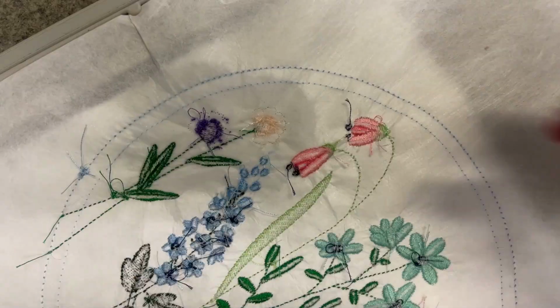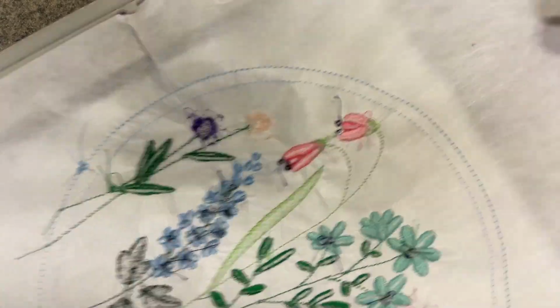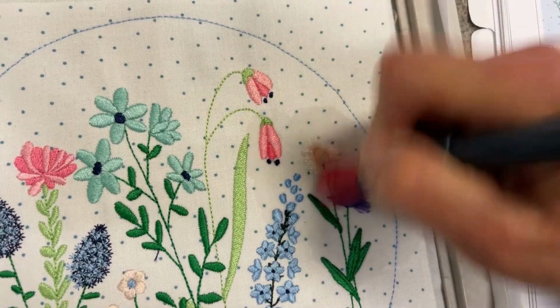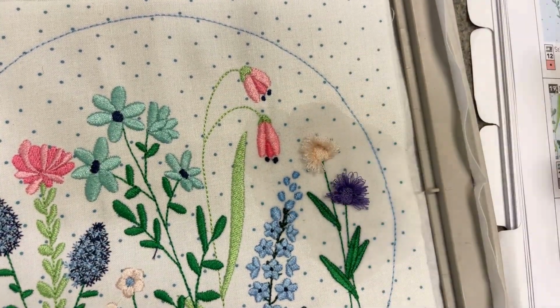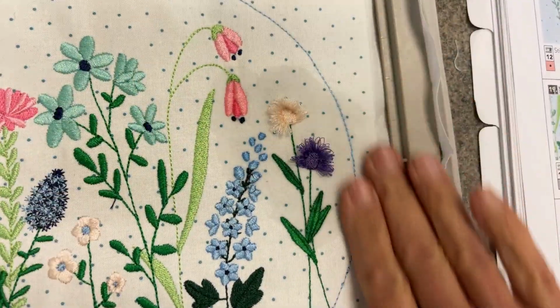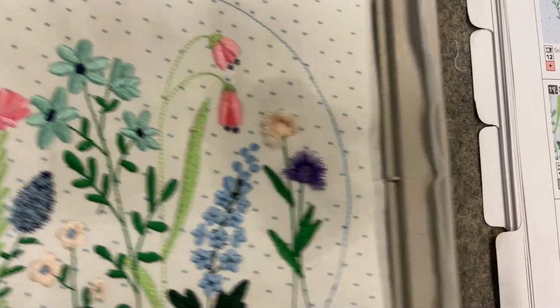Let's see what the back looks like. Oh, that's coming out pretty good. And just fluff. All right, so we got our fluffy flowers here. How cute are those? All right, so I'm going to press this around the outside edges here. And then